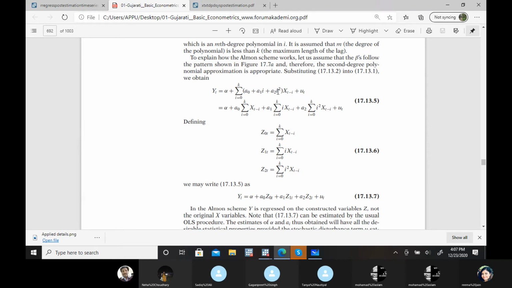This first one is this equation, a0 plus a1 i plus a2 i square. This i to k is the lag length. First x t minus 1, then second x t minus 2, then third x t minus 3, and so on. So now our equation will be this particular equation. This is the equation on which we have to run OLS.